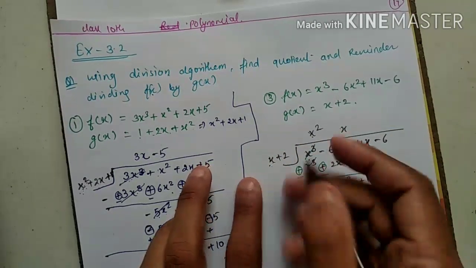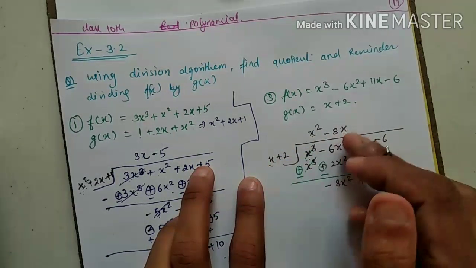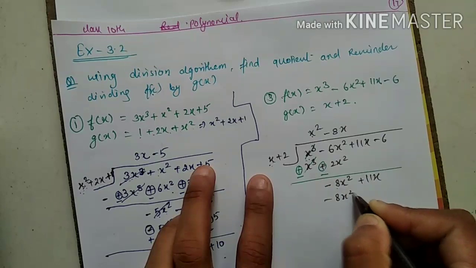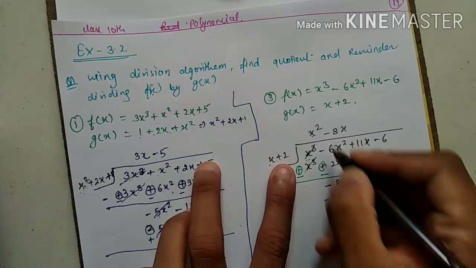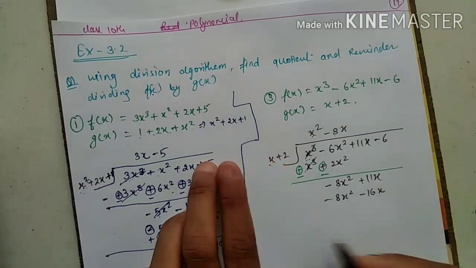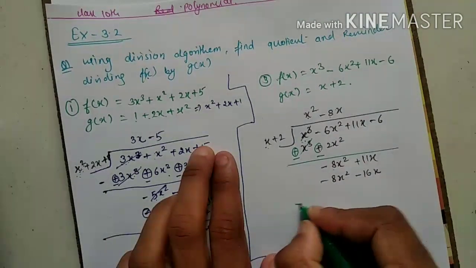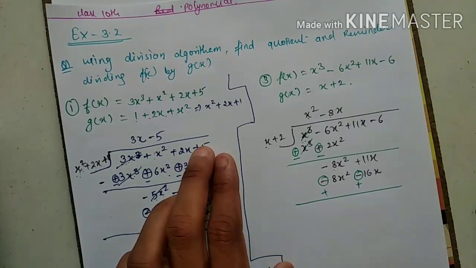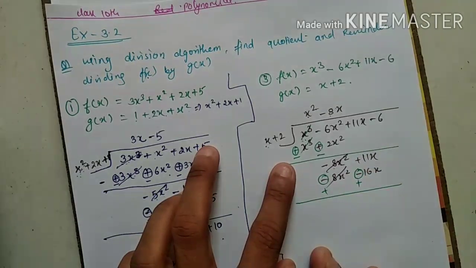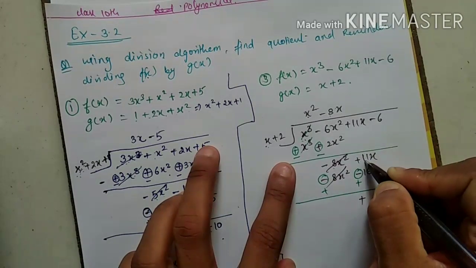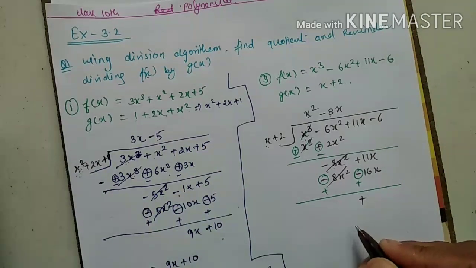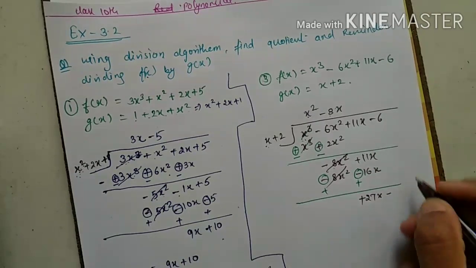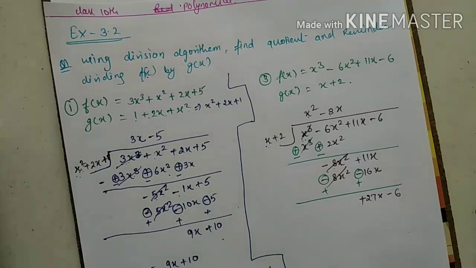One more thing, I have to multiply minus 8. What I have to multiply? Minus 8. So multiply. Minus x minus 8x equals to x is minus 8x square. Minus plus minus 8 to the 16x. Again the same process you have to do. Negative become positive. Negative become positive. Is it clear? Now come to the next. Negative positive cancel. Positive positive positive. 11x plus 16x is how much? Yes, 27x minus 6. Correct or not? Yes.